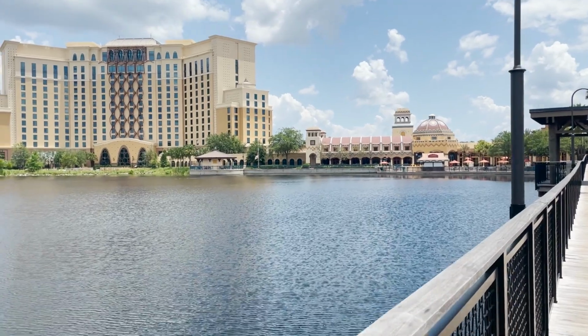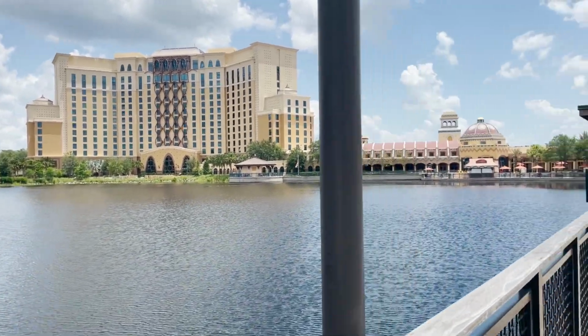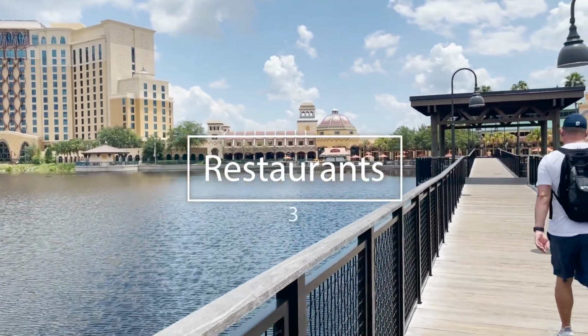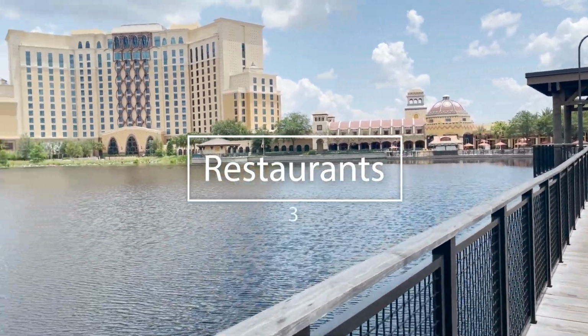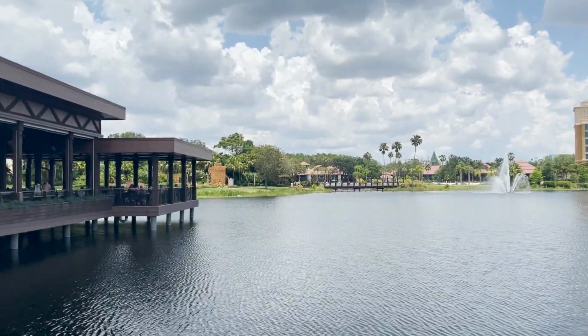Okay, so sticking with that sangria vibe, we're going to move over to number 3 on the list, and that is the restaurants. Now, of course, here at the Park Prodigy, we love food, and we do take our restaurants very, very seriously. That's no different if you're staying at the Disney Coronado Springs Resort,